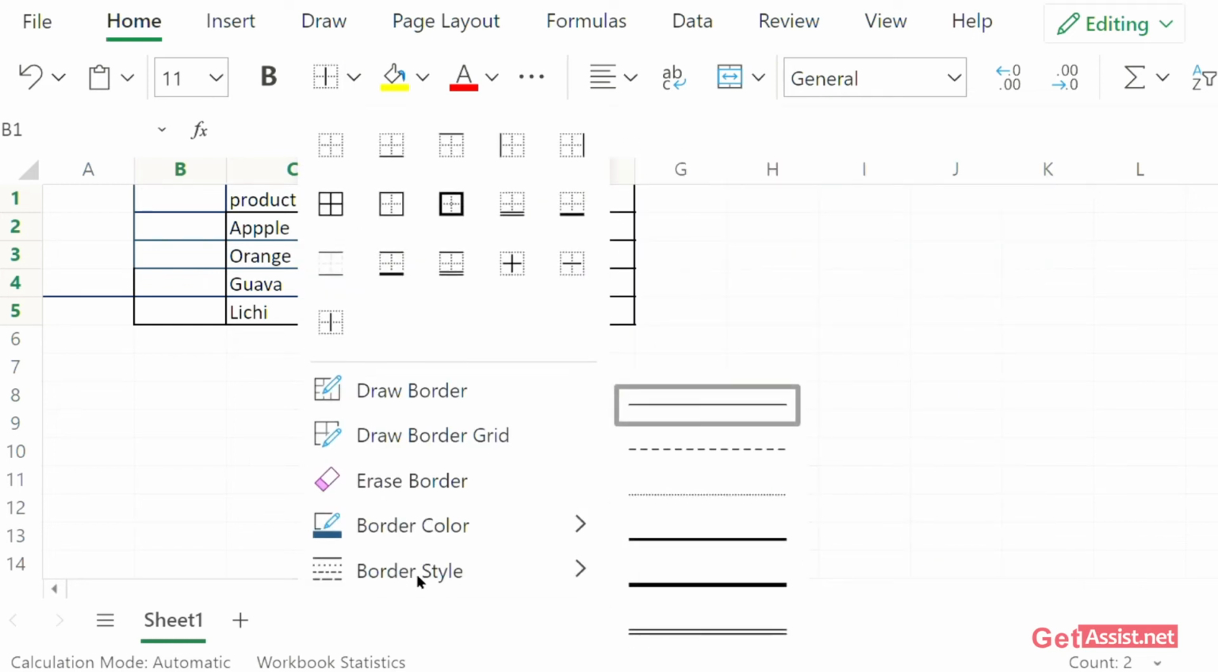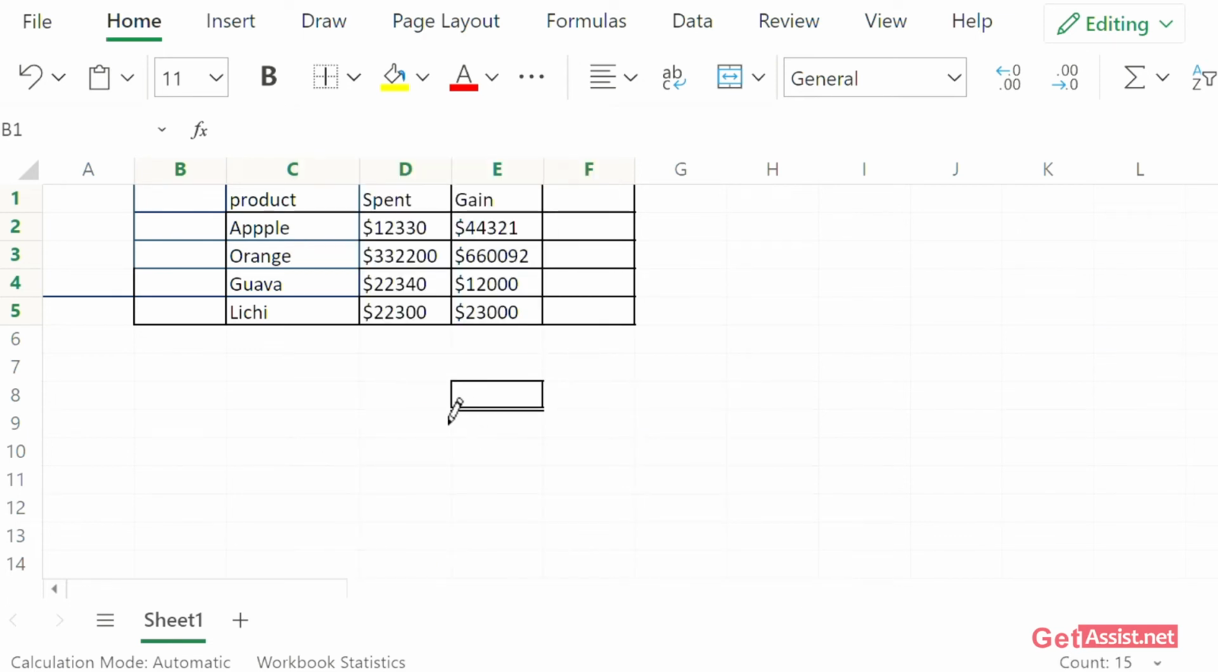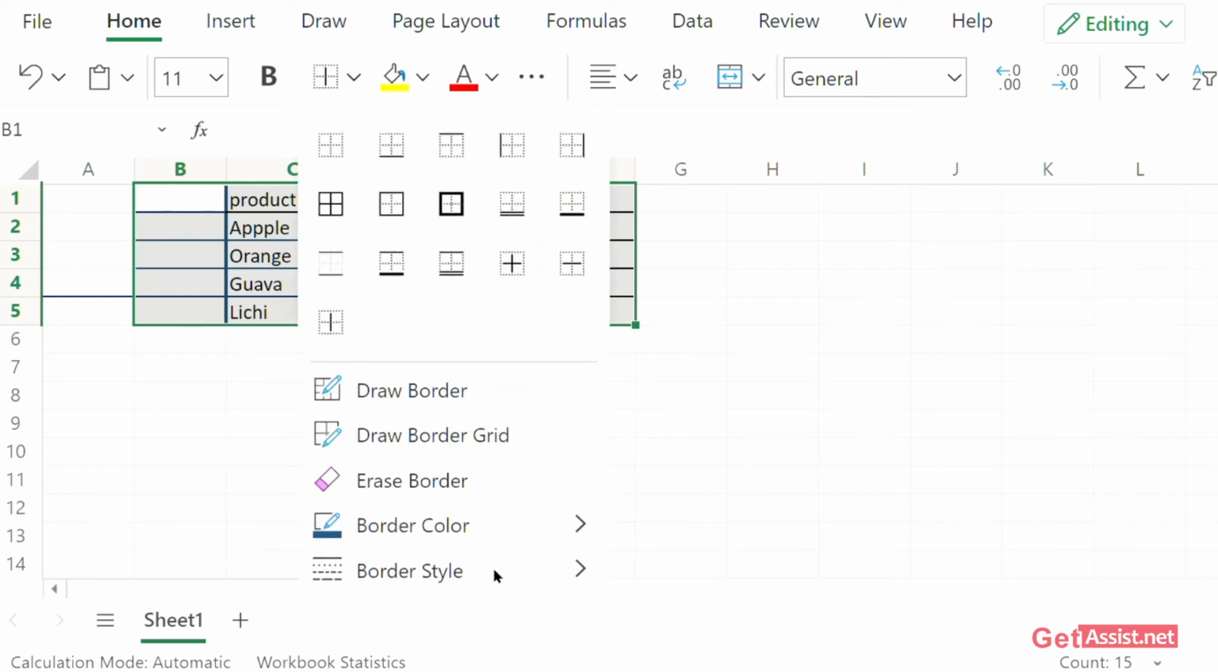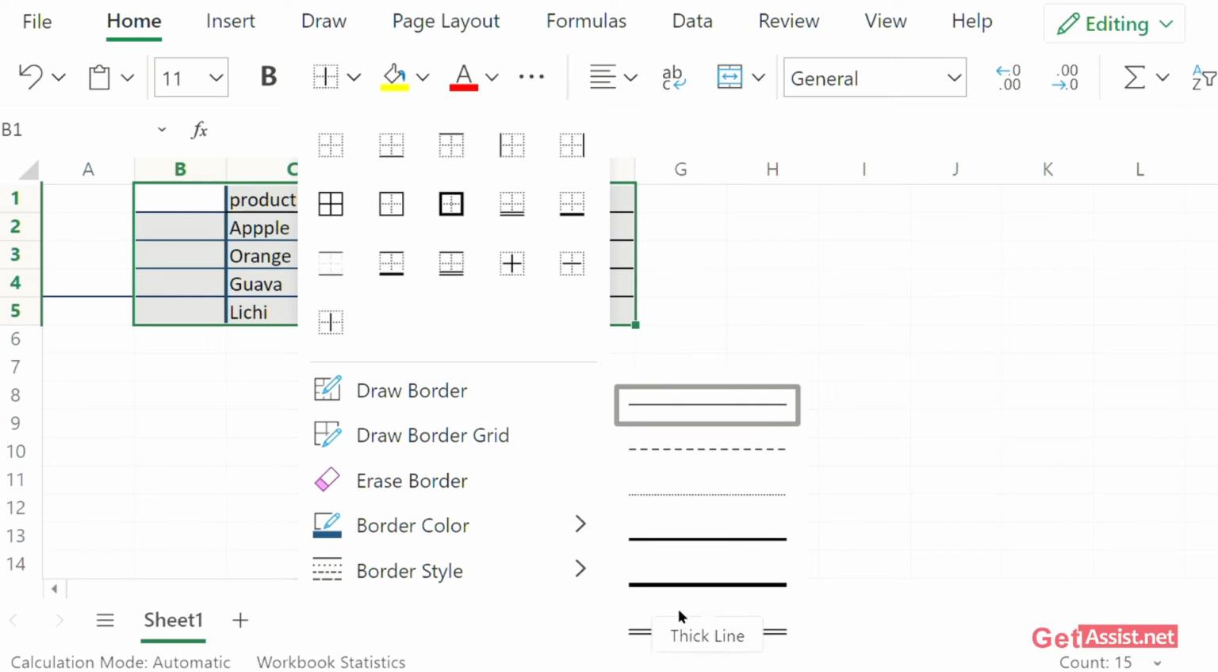You can also choose the border lines by this option, any of these lines. As you double tap on this, you'll see the difference in the colors. Now select the whole area again, go to the border section, and you see all the vertical lines have been bolded in blue color. Go to border style, and if you want